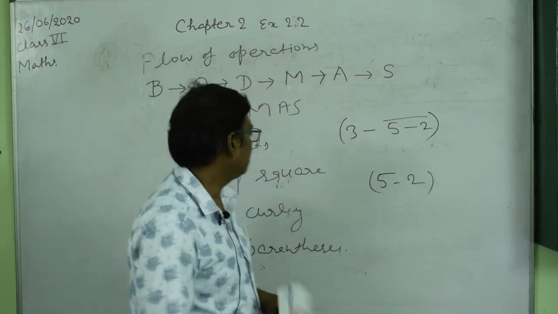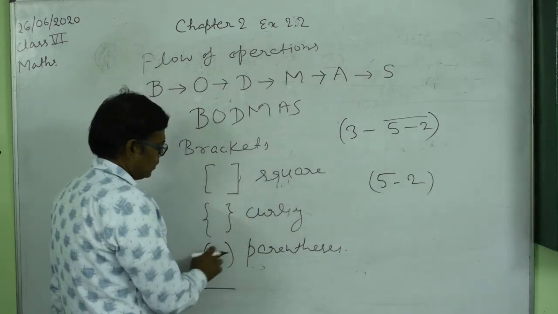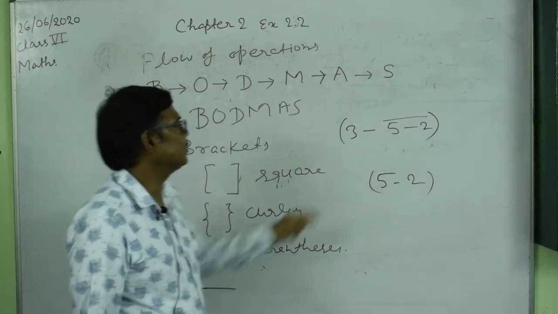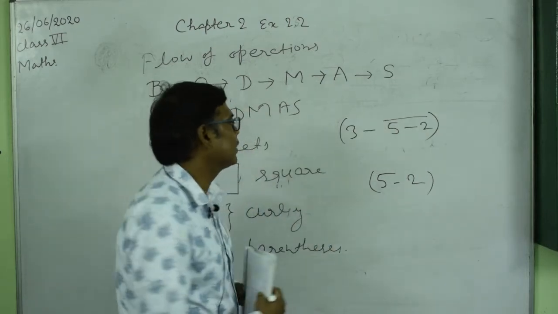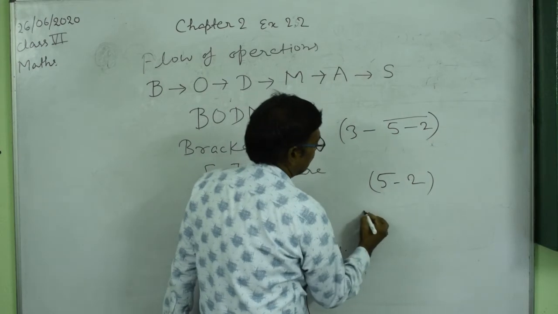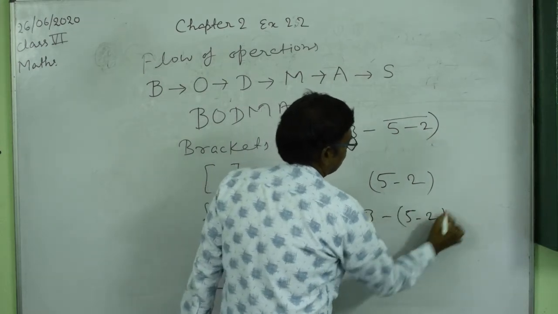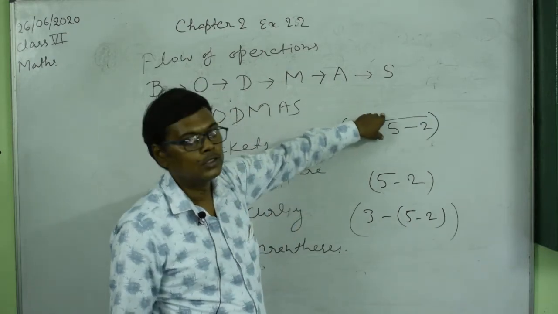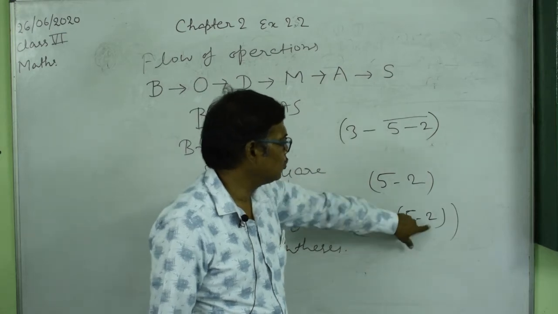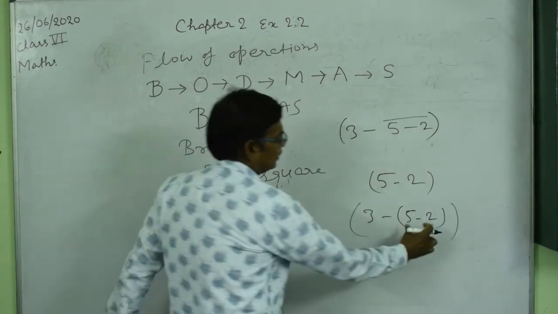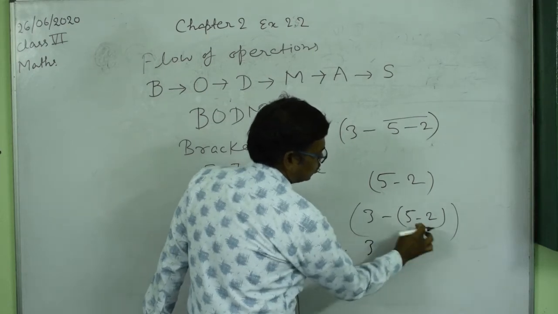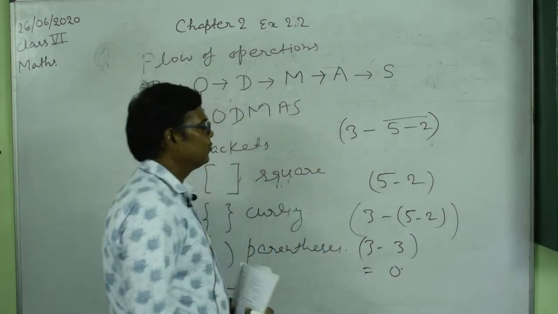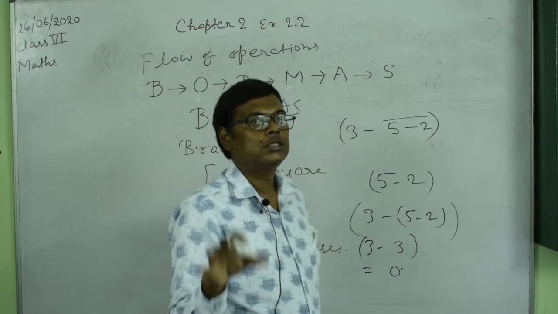Because we have three brackets, the square, then curly, then this parenthesis, when these three brackets are used up in any expression, then we use this fourth bracket. This expression can also be written as 3 minus (5 minus 2), which is also correct. But in this book you are given the bar. So you think of these two numbers as within a bracket and solve it first. 5 minus 2 will be 3, so 3 minus 3 is 0. So first you will simplify the innermost brackets.